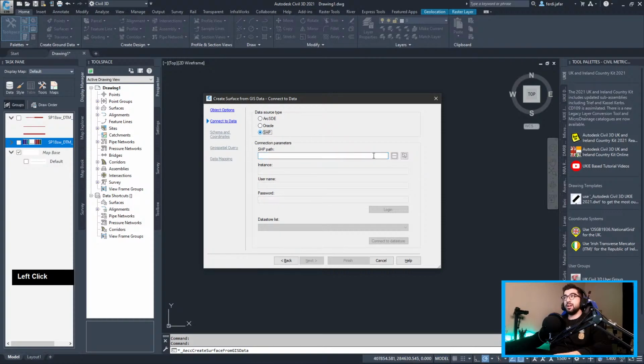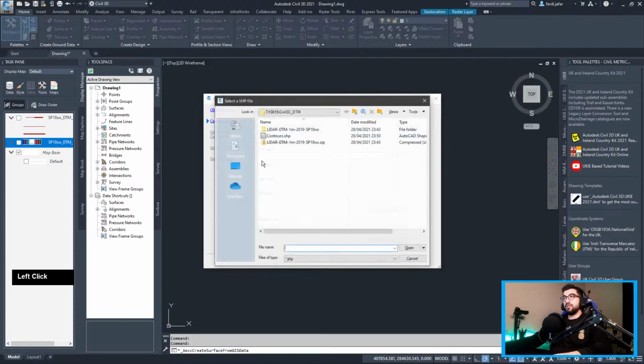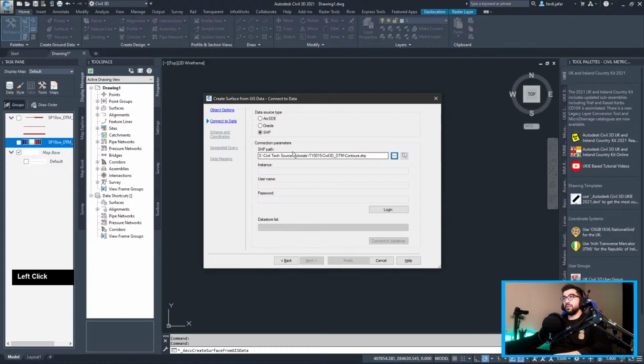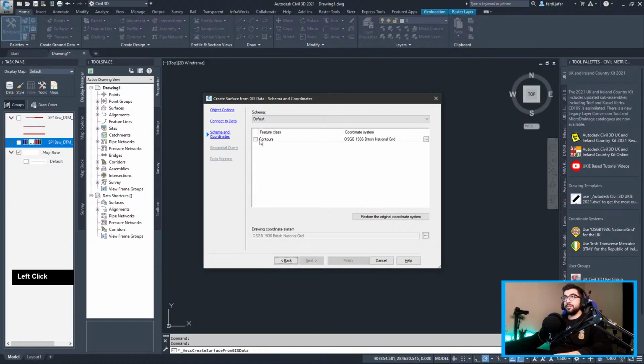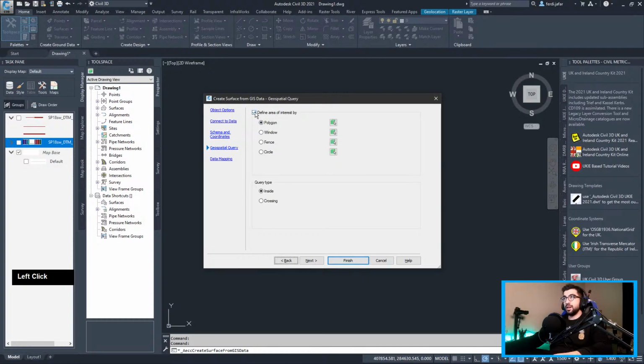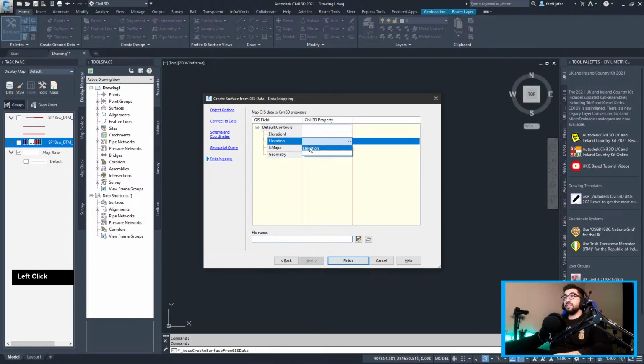And then connect to data. We're gonna do a shape file. We're gonna click on the 3 dots. We're gonna link it to the contours file we have exported. We're gonna log in, and we're gonna hit the contours. Yes, I think that's the one we should do. Yeah, and in geospatial query, we're gonna untick the define areas of interest by data mapping. In the elevation, we're gonna select the elevation Civil 3D property. Now we're gonna hit finish, and it will take a few good seconds